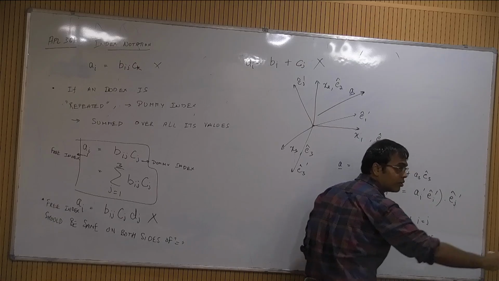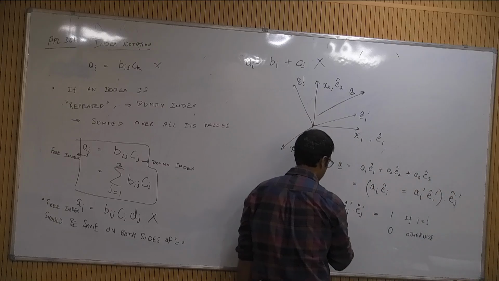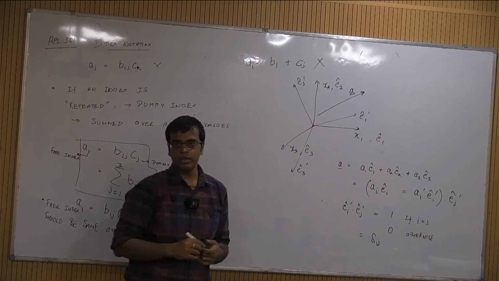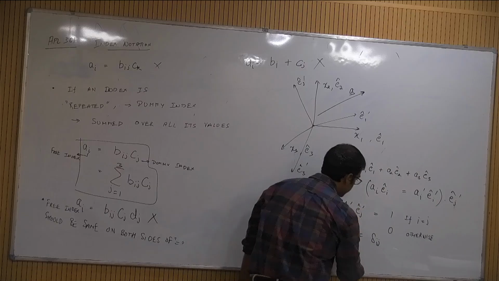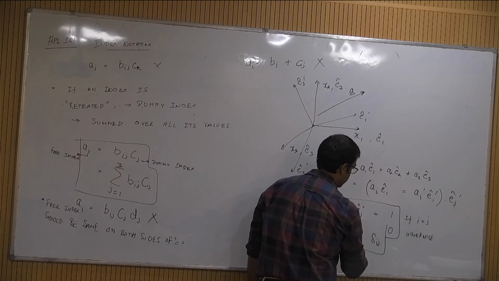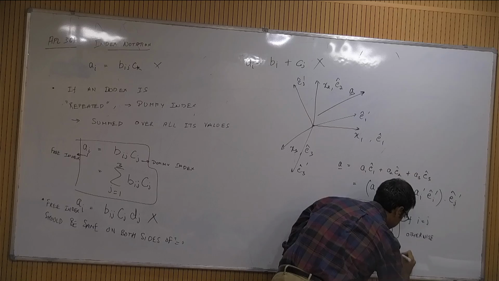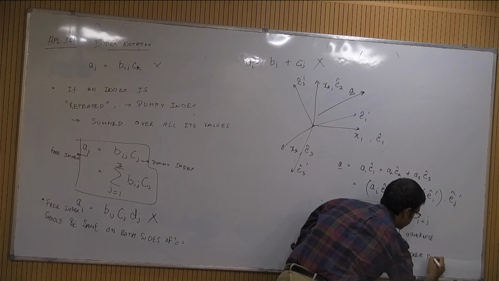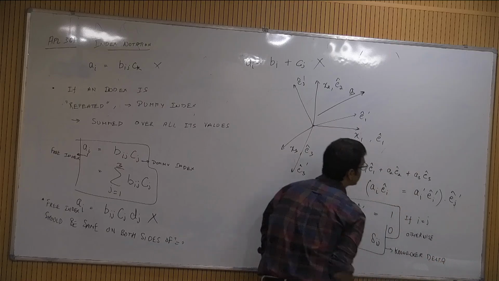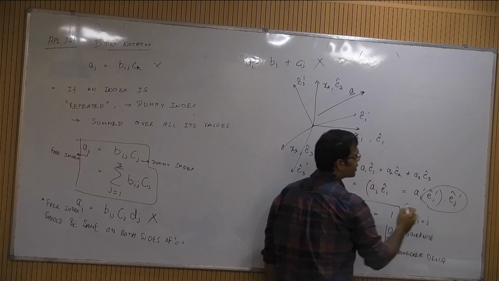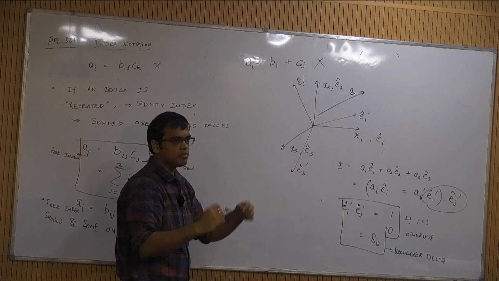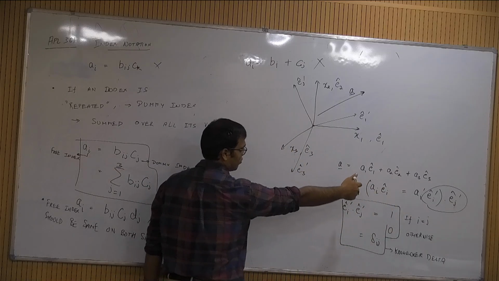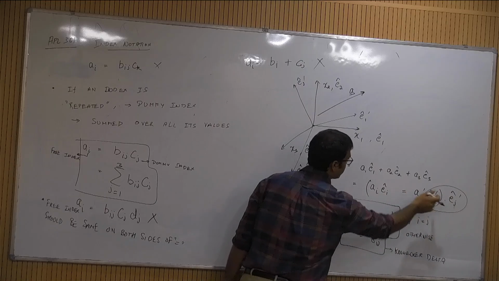and we denote it with the symbol. What is that symbol? Kronecker delta or delta ij. Okay. This is the definition of delta ij. Again, this is something that is going to prevent us from writing this cumbersome expression and just replace it with delta ij. Okay. So, when I take the dot product of this equation with e hat j prime, what